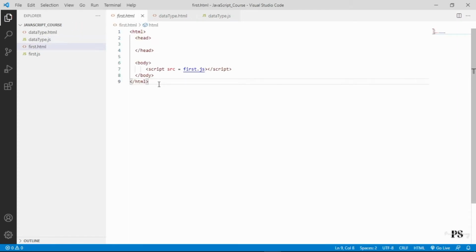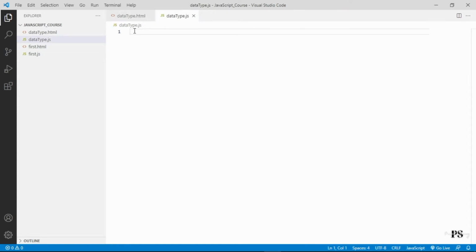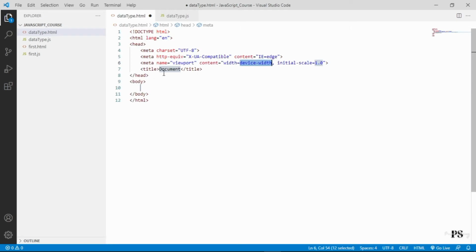Let me close this, we don't need it anymore. First of all we will create our simple HTML code, simply type exclamation mark, then enter. The name of the document I will use here is data type.